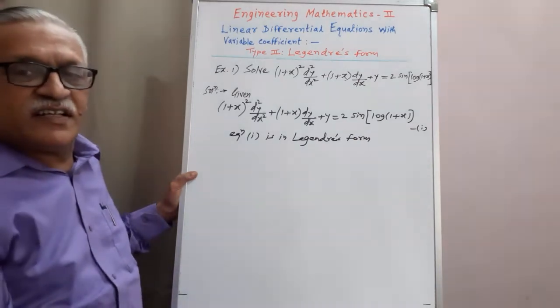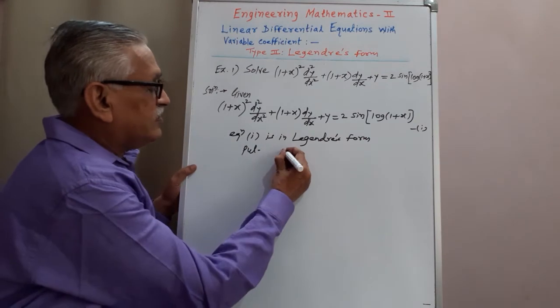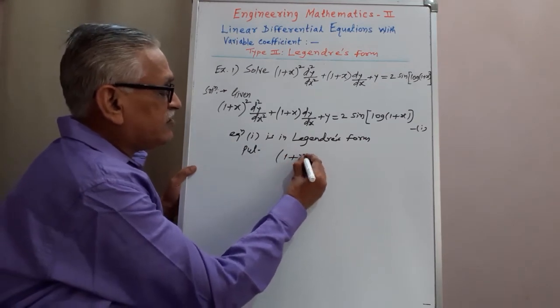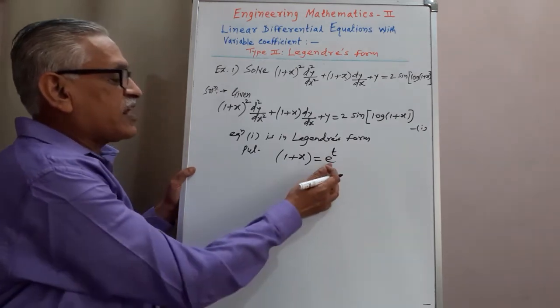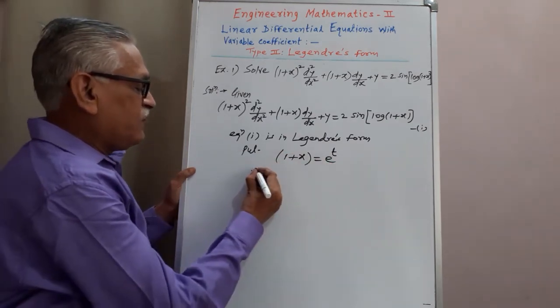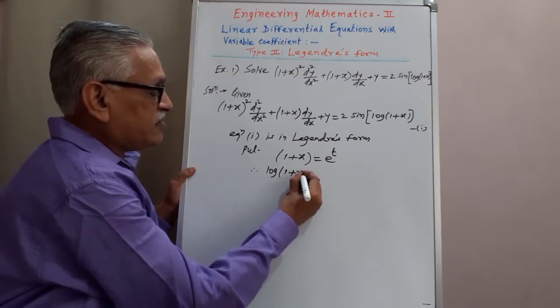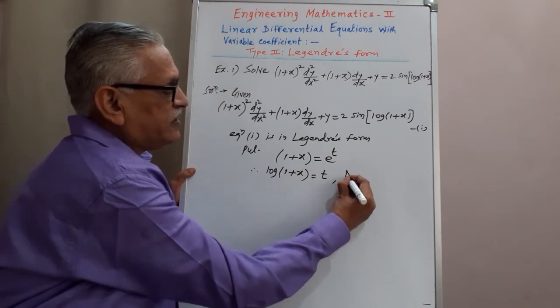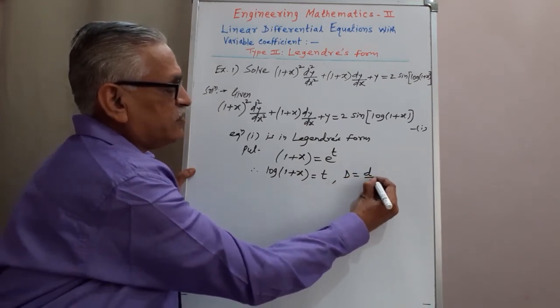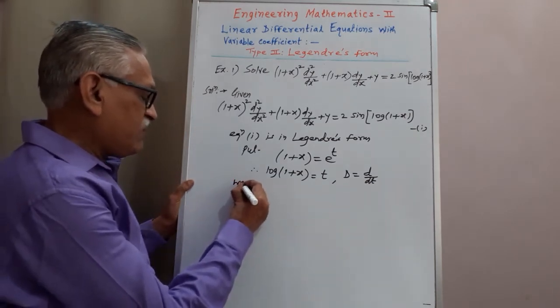And as it is in Legendre's form, we substitute 1 plus x as e raised to t. Then transferring this e to the left side, we get log of 1 plus x as t, and using capital D for the operator d by dt, we have